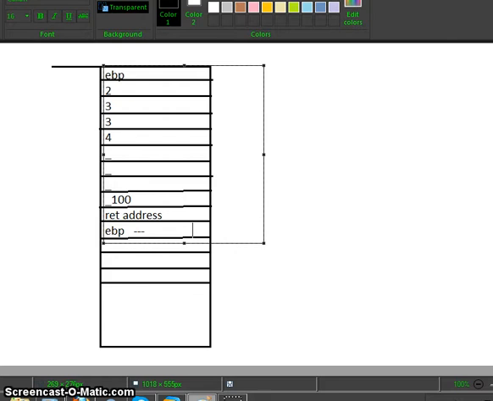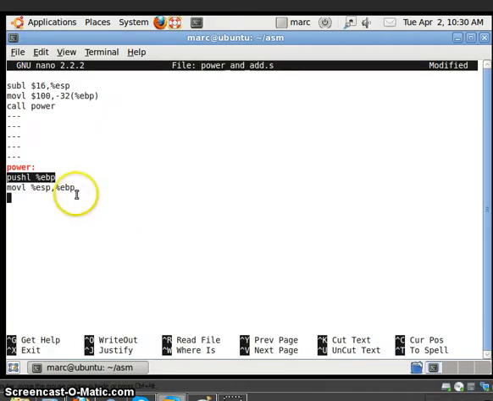So this is our ESP. It has been saved onto EBP now. Correct. Initially this was our EBP. Let's mark this also. Fine. So we have completed the basic scenario of the program.